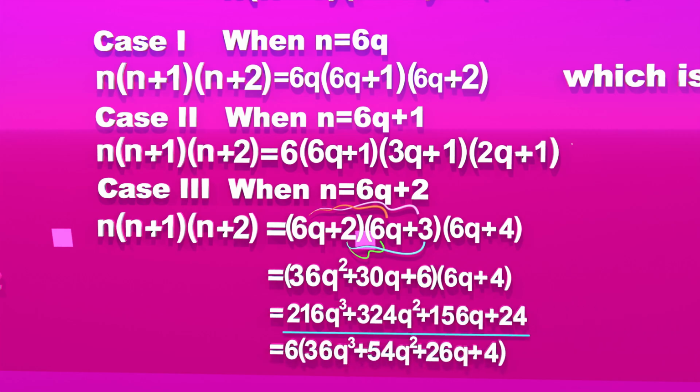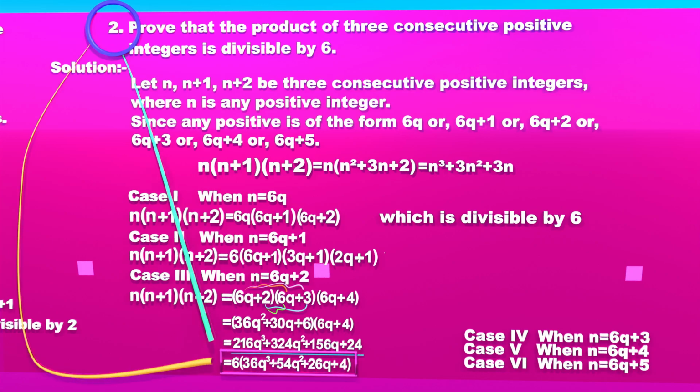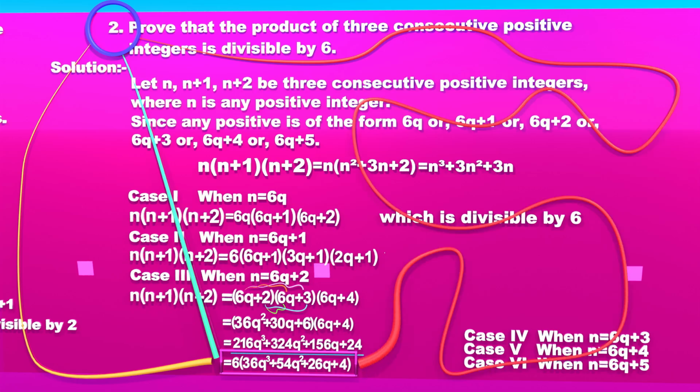Now 6 can be taken common from these terms, but you can see this method is quite long, and the last method was a shortcut. You saw that 6 can be taken as common by the long method also. And here you get a very important rule of mathematics, that is, whatever method you use to get the answer, the answer will always be unique. A student can arrive at his destination by his own way, another can take another way to reach his destination, and a third can also take a long way to reach his destination. That means there are many ways to prove a single question, and the answer will be the same for all. Now it's up to you whether you take the long way or a shortcut.